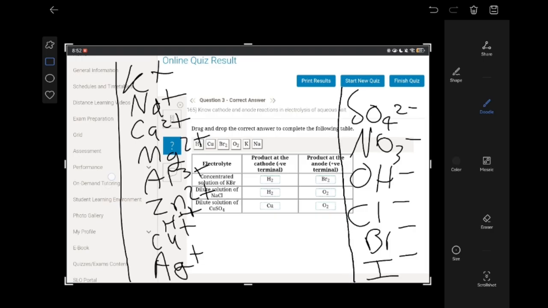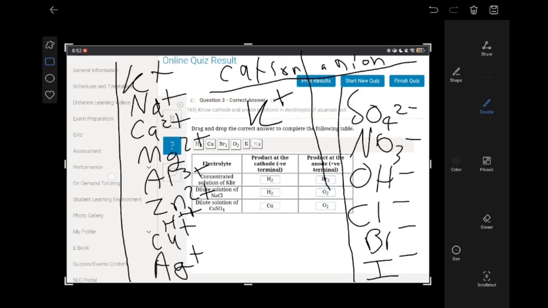So here, always kind of write a table. You have cations and you have the anions. The anions are gonna be the ones oxidized, so they're at the anode, and the cations are gonna be reduced, so they're at the cathode. So the cations you have here are K plus and H plus. Why H plus? Because it's in water. So with the water dissolved, there's gonna be H plus ions. And the anions you have here are Br minus